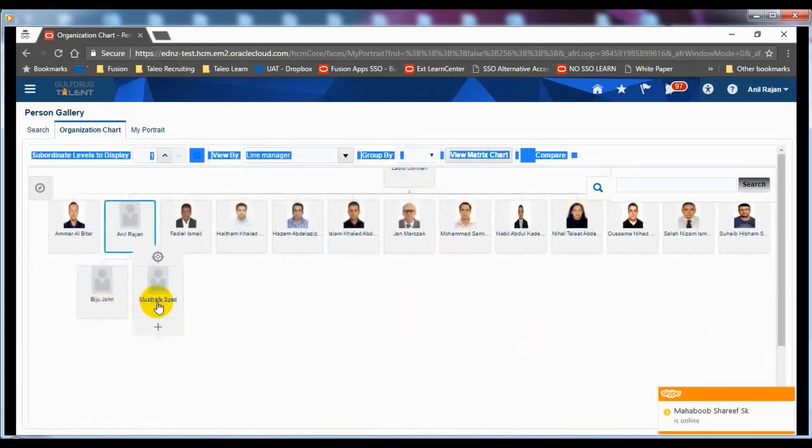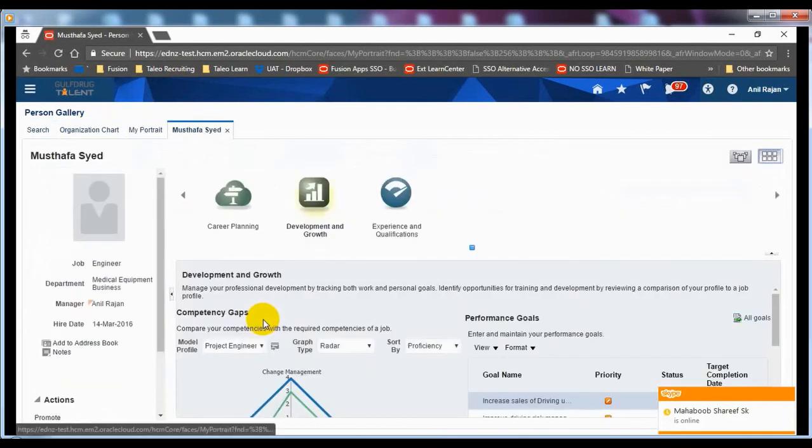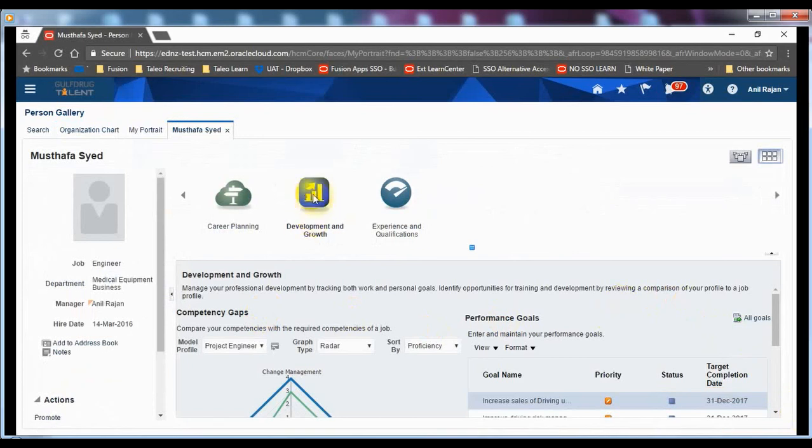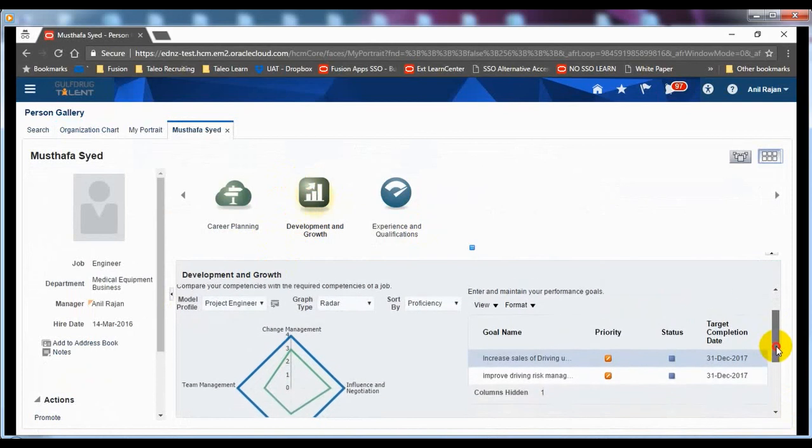By selecting the employee who reports to you, you can click on their portrait card, go to the tab called Development and Growth,